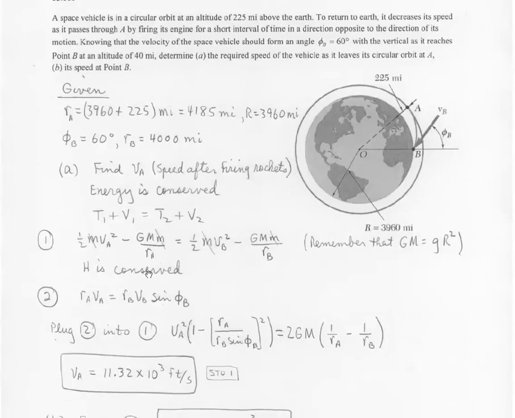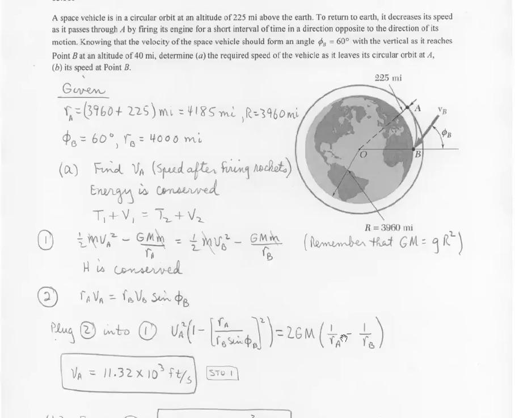Angular momentum is also conserved in this path, which allows us to write R_A V_A. Technically it's R_A crossed into m V_A, but the m's are going to cancel out on both sides. And so you're left with R_A V_A sine of theta A, but theta A is 90 degrees, and sine of 90 degrees is 1. And then you're going to have R_B V_B sine of phi B left here, and we have numbers for those. So we can solve for V sub B in terms of V sub A, and plug that into equation 1 right here,